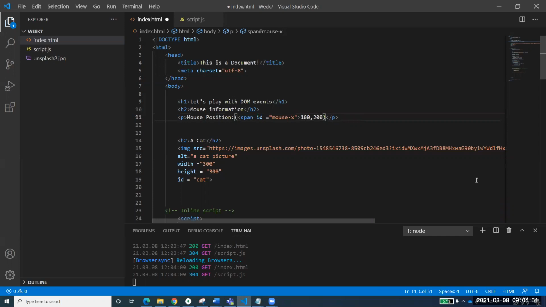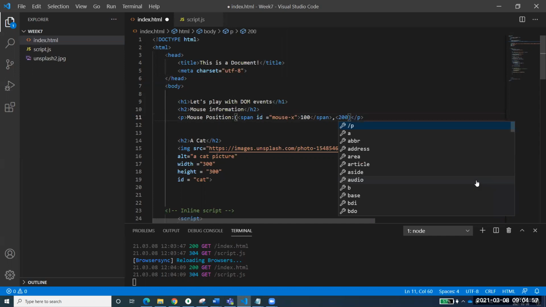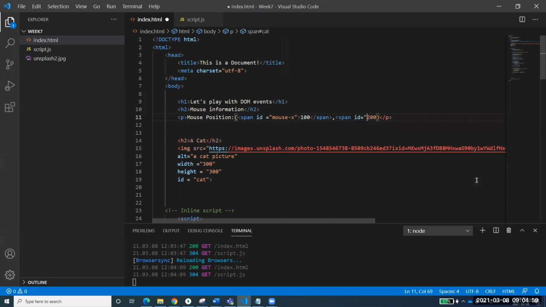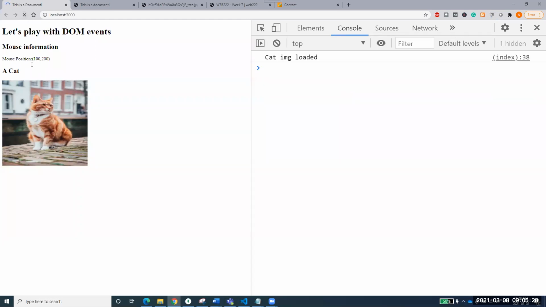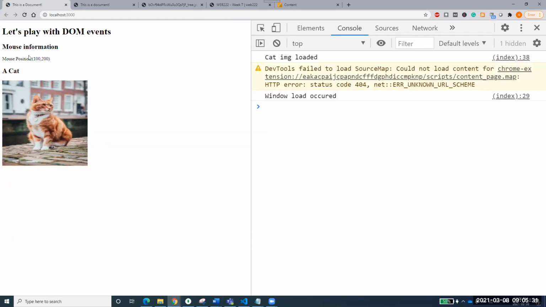Everyone is getting that? And same I will do with the y coordinate as well. Span ID equal to mouse y, span closed, and you need to cut that span ending tag from here and place that over here. I save that. Why am I doing that? Because I have to capture this 100 and 200, and I have to provide a certain value for it. Right now, there will be no change in our output. If I have saved it and I run it, there will be no change. But the real change is that logically I have changed this 100 and 200.